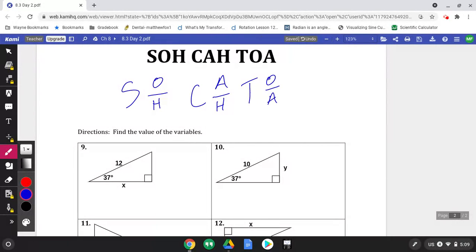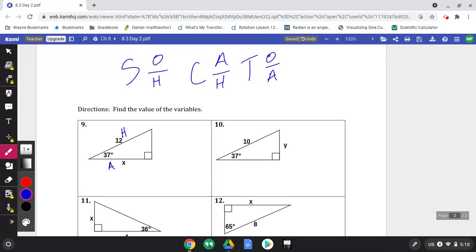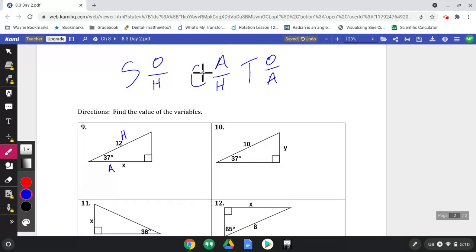Now, to solve this, we once again are going to set up a ratio. Which of these, sine, cosine, or tangent, we use depends on which sides we have. So right here, angle 37 degrees, that's what we're concerned with. We're going to label these two sides. Now 12 here, that is the hypotenuse, and x, that is our adjacent side. So if we think about it, A and H, we look up here at our chart, that's going to be cosine. So I write cosine of 37,